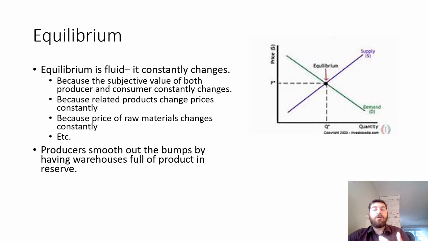If there is more demand, they can release more from the warehouses to the store shelves, and now they are part of supply. And that is actually incredibly quick to do. It might take only a few hours to drive a truck full of iPhones from the warehouse to multiple stores in town, instead of having to wait to make more. And so they can smooth out supply and demand.